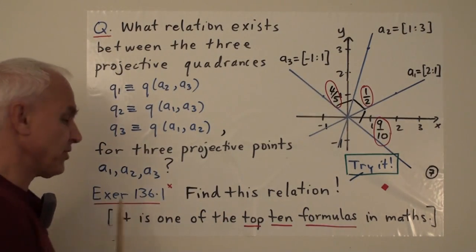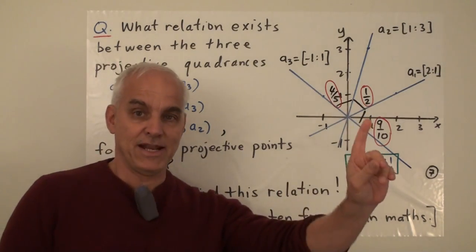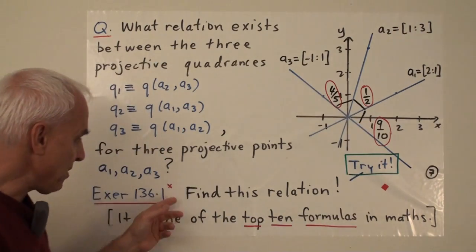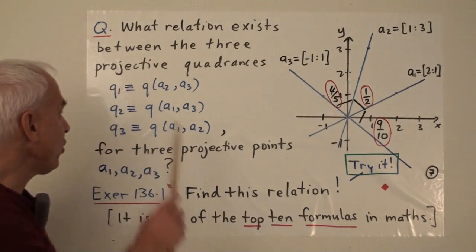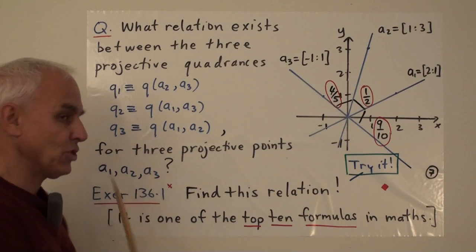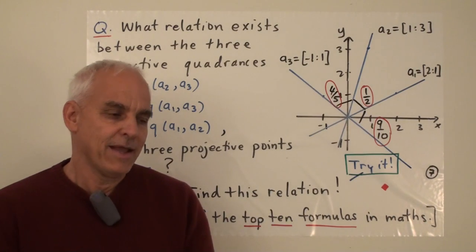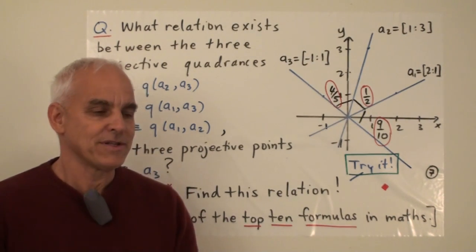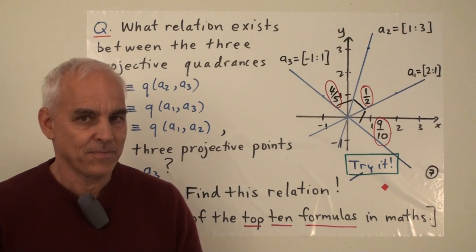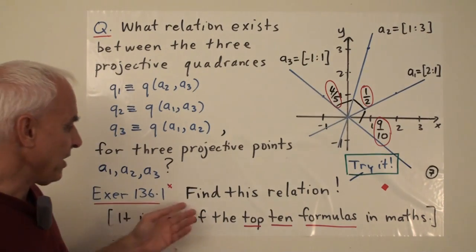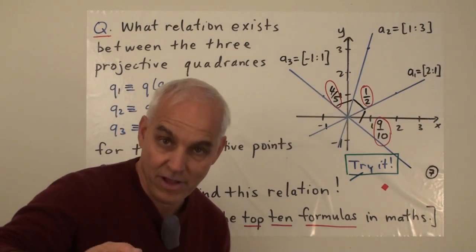Okay, so a major exercise for you now. At the end of this slide, please stop the video. Do not go to the next slide. You have now this fabulous project to do, to find this relation, to find the polynomial relation between Q1, Q2, and Q3. It's a great exercise even if you're a professional mathematician. It's quite a little bit more tricky or subtle than that one-dimensional affine situation, which was probably pretty easy. This one is a little bit more tricky, and it's very satisfying, and you end up with a beautiful relation. So you can own this relationship for yourself by discovering it.